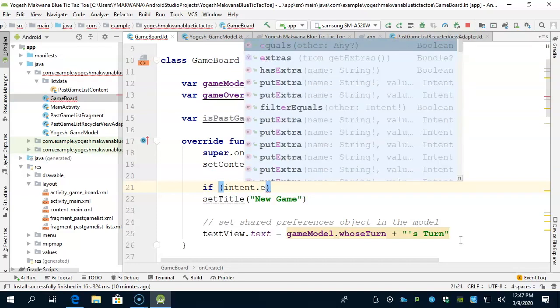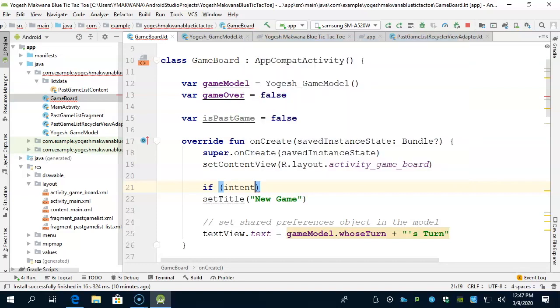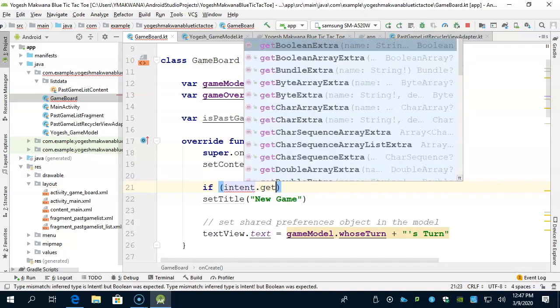So we need to retrieve the value of the extra. Okay, so these are all the functions available to us to retrieve extras, if it's a boolean, if it's a string, whatever it may be, right? So in this case we saved it as a boolean. See, when we saved it,